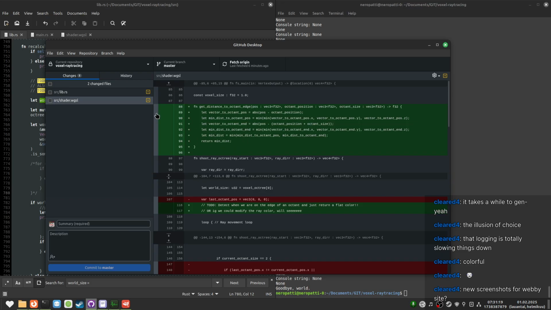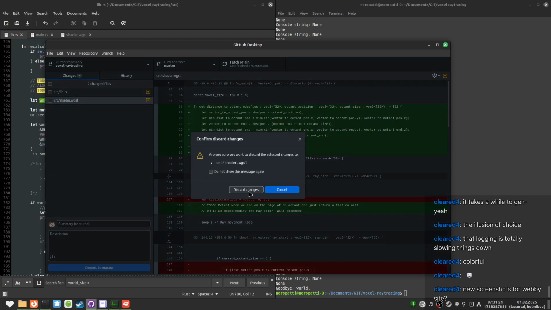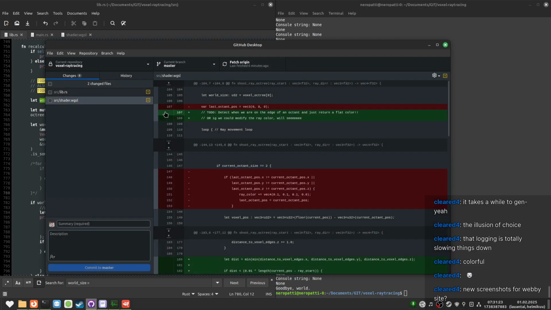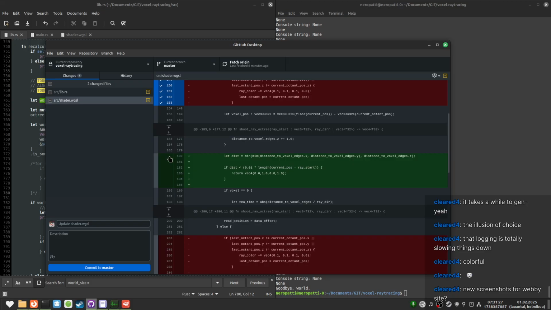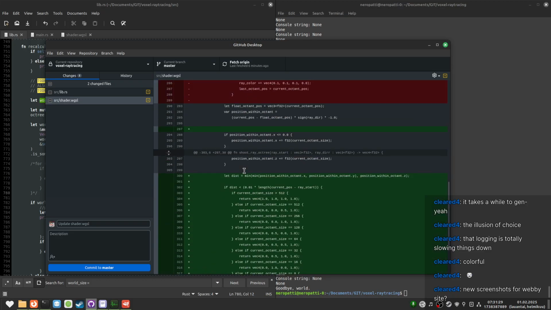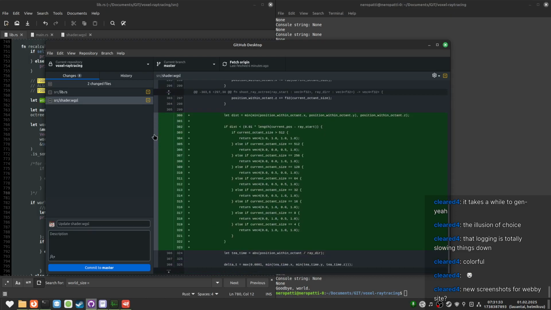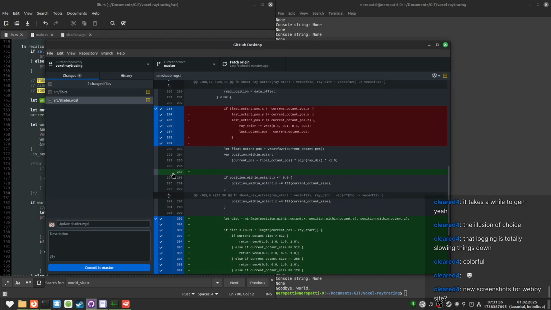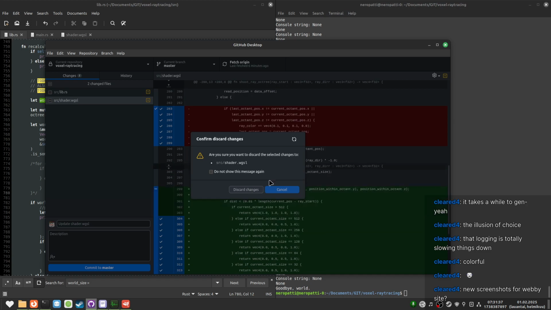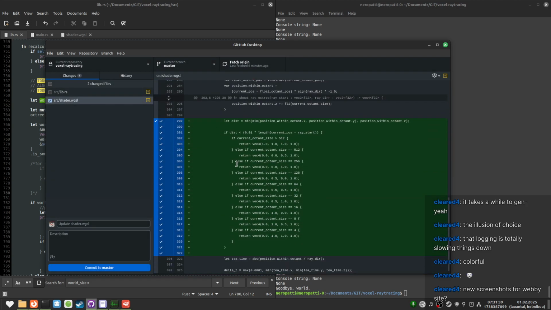I don't actually use this function. Didn't work correctly. I also have some duplicate code now, which is awesome.